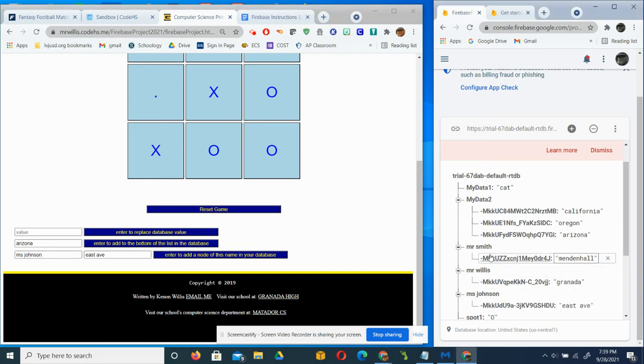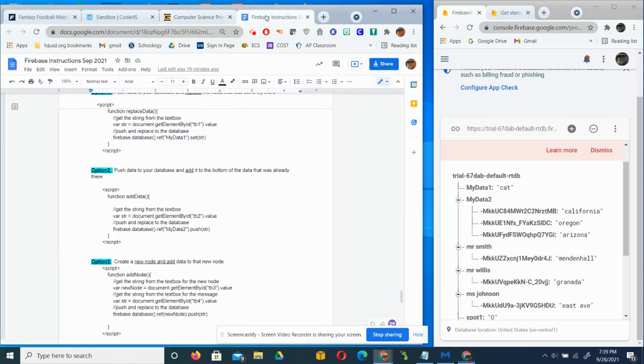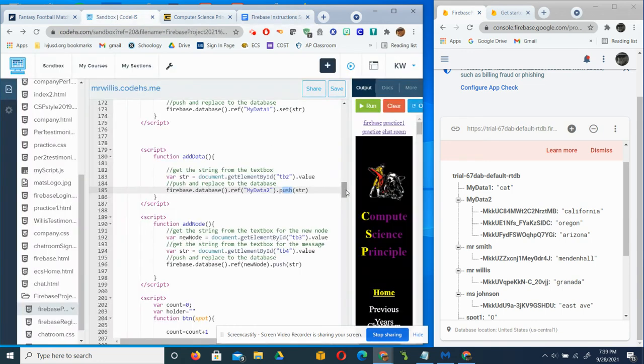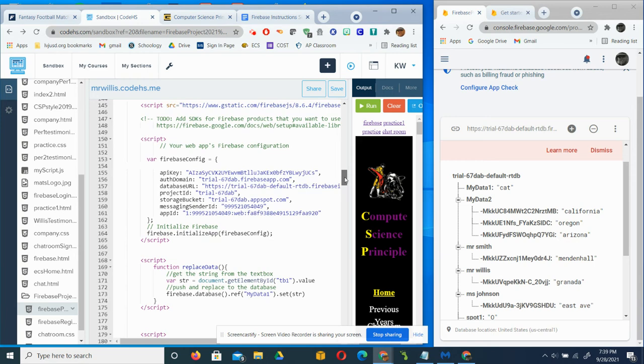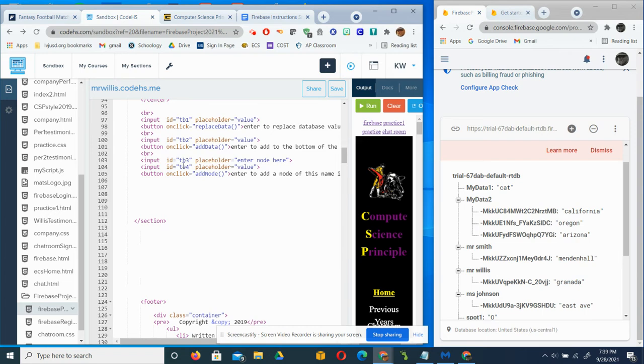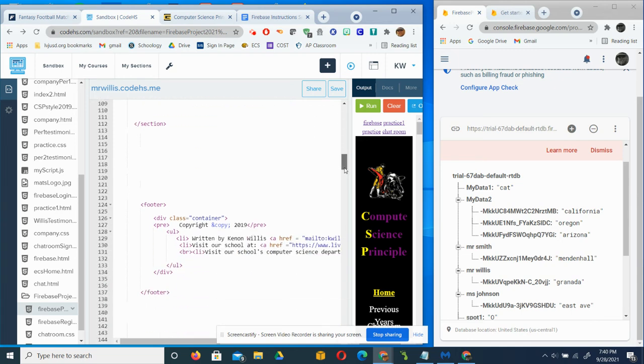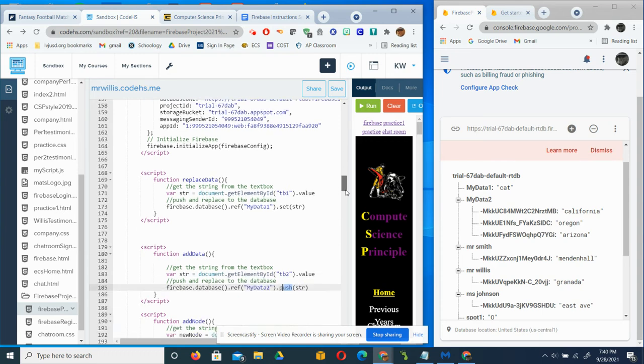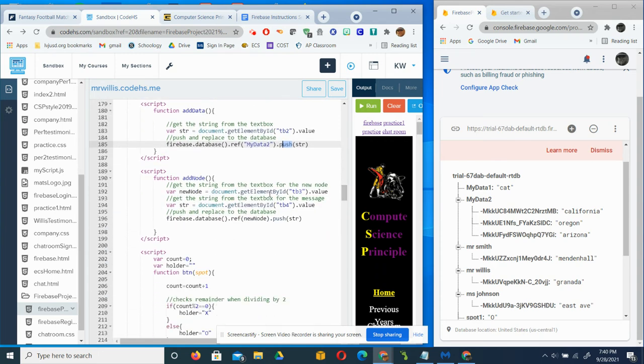Okay, so if that's what you want for your project, how do you do that? Well, you can look at option 3 here. I'll show it here. Call that add node function. So the difference here is we've got TB3 and TB4, the 2 text boxes. So TB3 was the node, TB4 was the message, or the school in that case. So get element by ID TB3, new node. The string is TB4. And then you're just putting the node